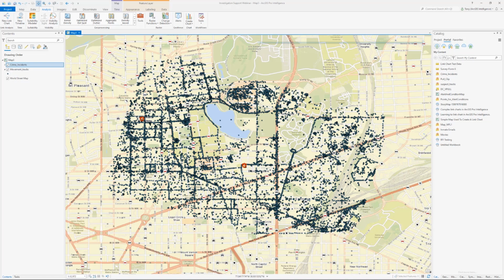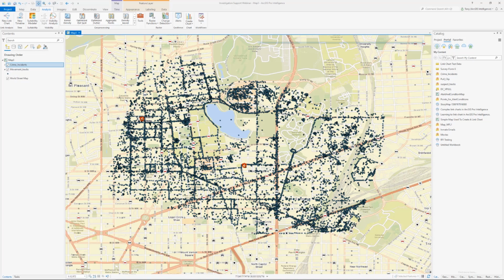Another dataset is the incident data from the area in Washington, D.C. This data has had the location and attributes edited for the purpose of this demonstration, but it is representative of the original data. We're going to explore the mobile track data and look at the relationship in conjunction with the incident data. The first thing we will do is check the movement data for spatial temporal matches when compared to